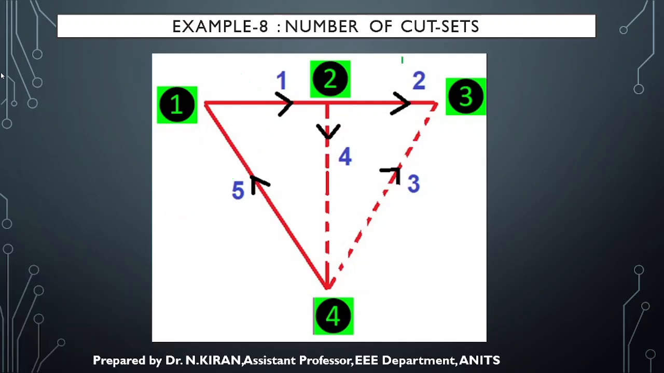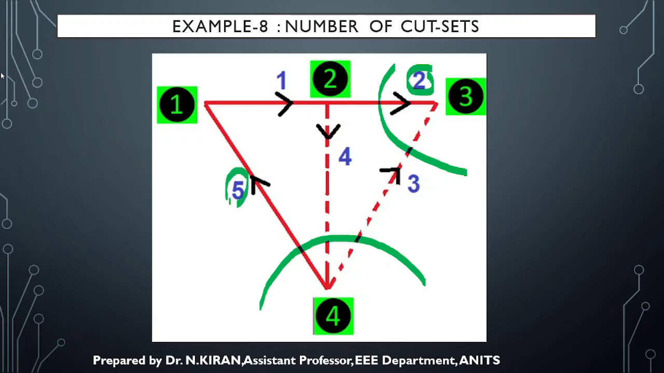So this I cannot consider. Let me consider this one. It is not violating our rule, because the cut set that we need to form should cut only one twig and any number of links, isn't it? So here it is cutting one twig and one link. Here also I can consider this as one cut set, because here it is cutting one twig and 2 links. This is the cut set related to the second twig, and this is the cut set related to the fifth twig. Coming to the first twig,